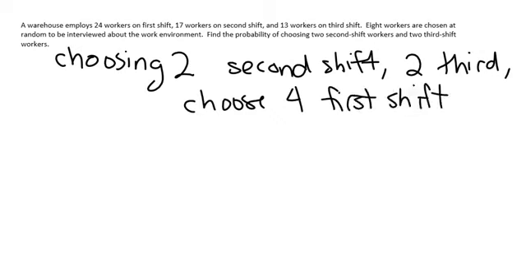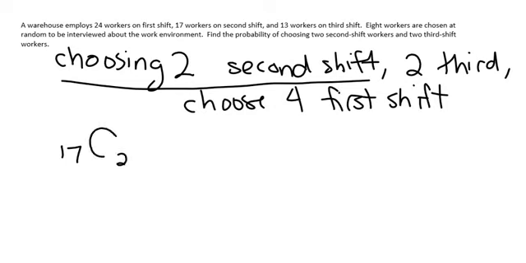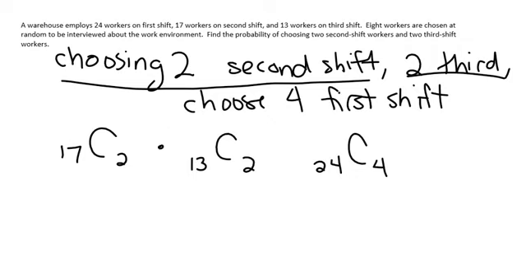And we're going to use combinations for each of these. So choosing 2 from the second shift means that we have 17 on the second shift. We're choosing 2. 2 from the third shift means that we have 13. We're choosing 2. And 4 from the first shift means that we have 24, and we're going to choose 4. Now what do we do with these? The fundamental counting principle would tell us to multiply these together. Again, these are very large